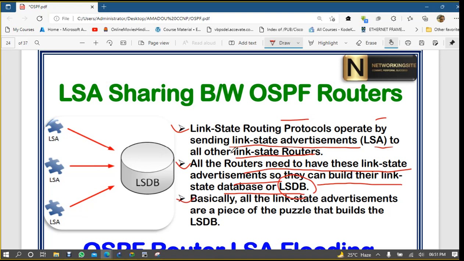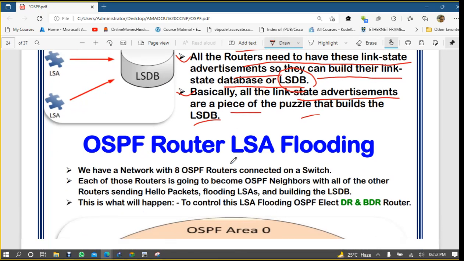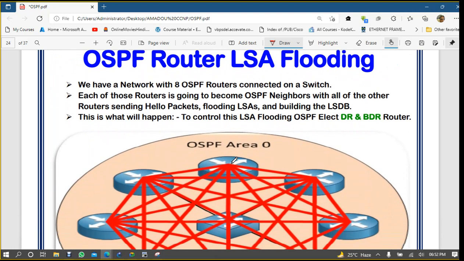Basically, all the link state advertisements are pieces of a puzzle that builds the LSDB. Now, OSPF routers and LSA flooding. Understand this: if we have a network with 8 OSPF routers connected on a switch,